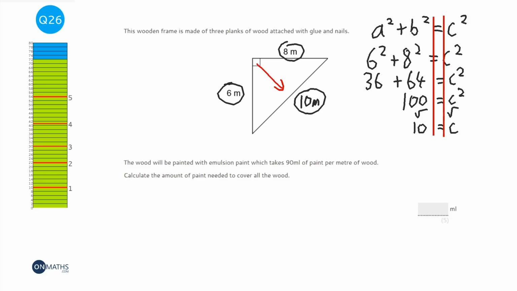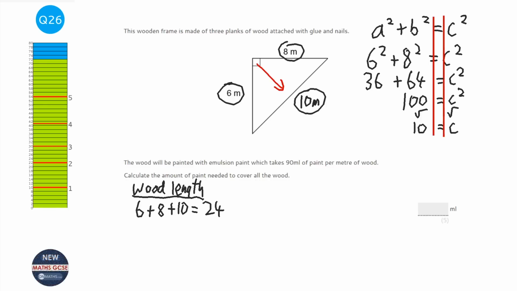And it says it takes 90 millilitres of paint per metre of wood to cover it. So what we're going to have to do is work out how much wood we have. So I'm going to say to the examiner wood length or something. Always try and describe to the examiner what you're doing. So we're going to do 6 plus 8 plus 10. So 6 plus 8 is 14 plus 10 is 24. Okay. And then to work out the amount of paint required, so paint required,